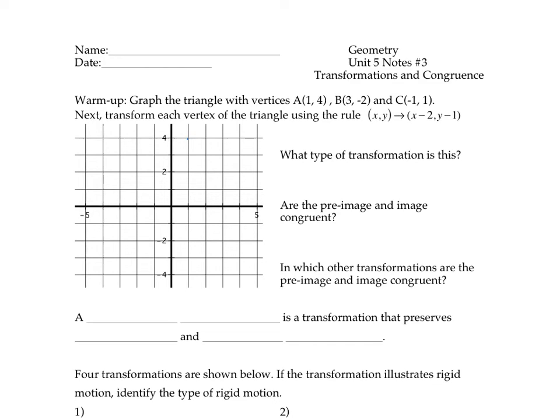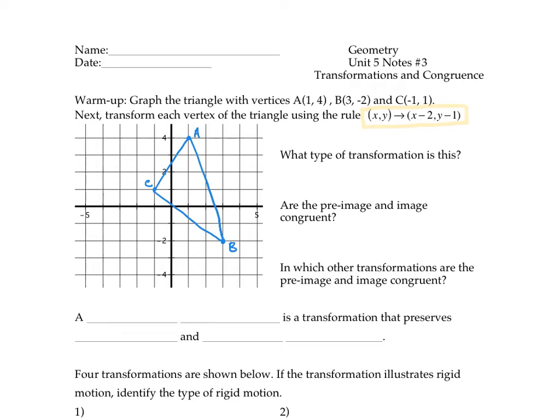A is at 1, 4, so that's right here. B is at 3, negative 2. And C is at negative 1, 1. So we're going to just form a triangle from those 3 points. Okay, so now we're going to transform each vertex of this triangle using the rule that says take x and